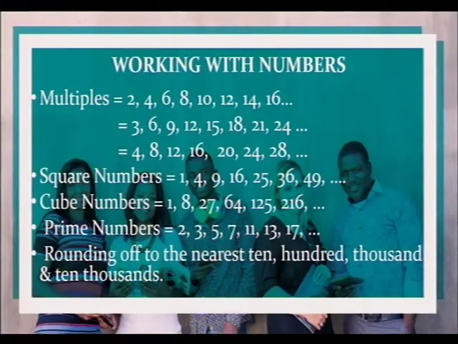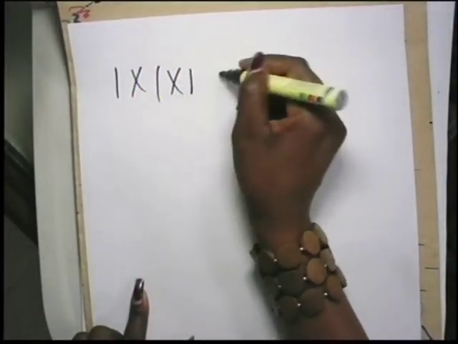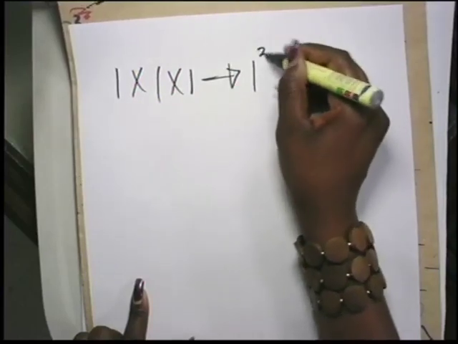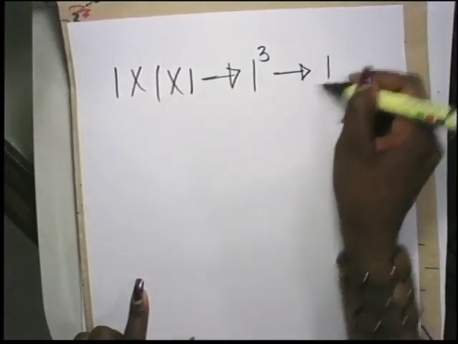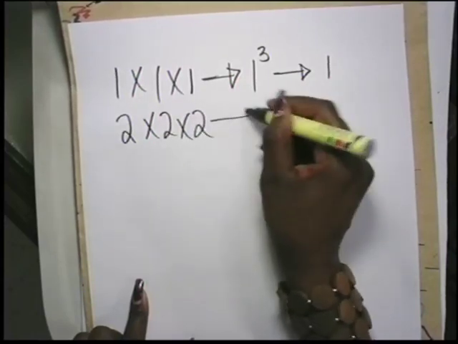And please continue. You need to know the square numbers. You also need to know the multiples. And not the multiples, but the cube numbers. A cube number, now you get it when you multiply a number by itself 3 times. We were just multiplying the numbers 2 times, and if I'm having 1 times 1 times 1, in short, we write it 1 cubed, the answer will be 1, and then 2 times 2 times 2 students, in short, we